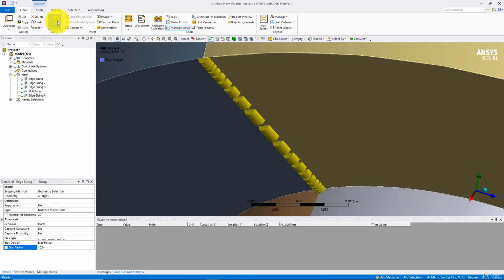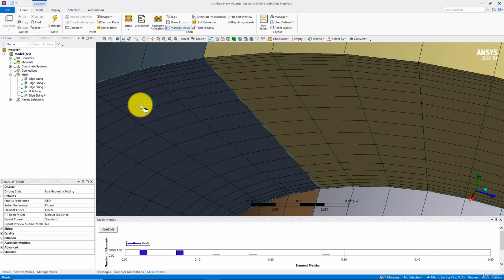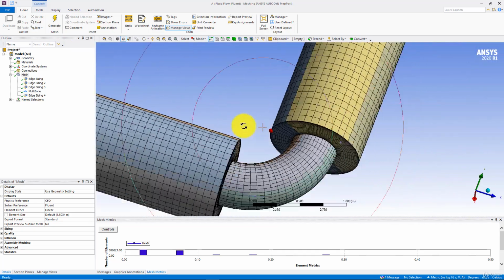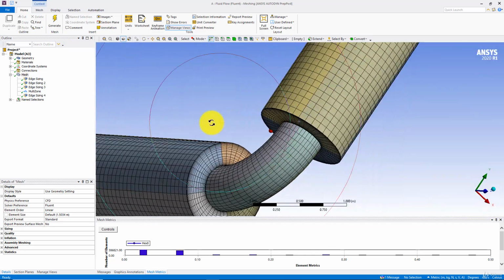I now just click on generate, and if we check the mesh, you can see now we have a refined mesh also for this vertical pipe. And now I'll just close the application,